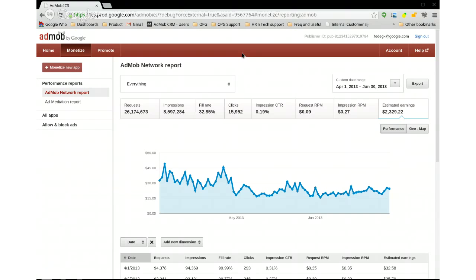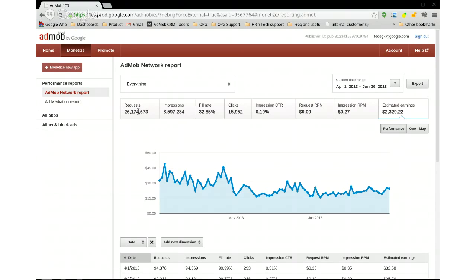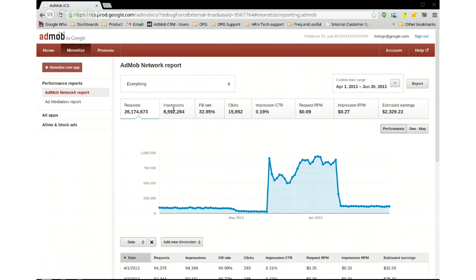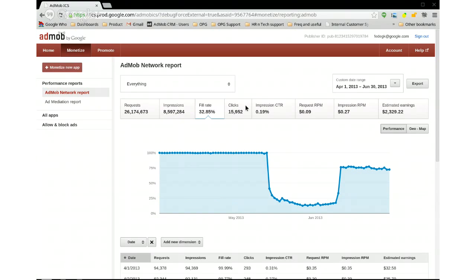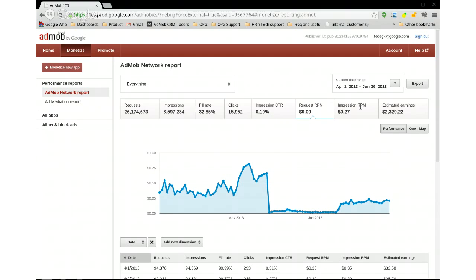In the monetize section, as we mentioned before, you will have more detailed metrics about your apps. So here you can modify the date range that you want to check, and here you will see the metrics that you found in the homepage plus some additional metrics: impressions, fill rate, clicks, CTR, request RPM, impression RPM,